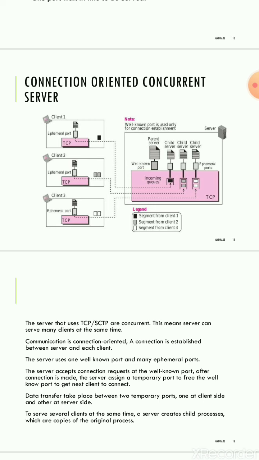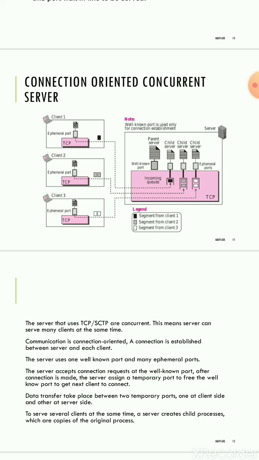The data transfer can then take place between these temporary ports on the client side and the server side. The well-known port number is now free to accept another call and make the connection. So several clients at the same time can access the server's many processes.